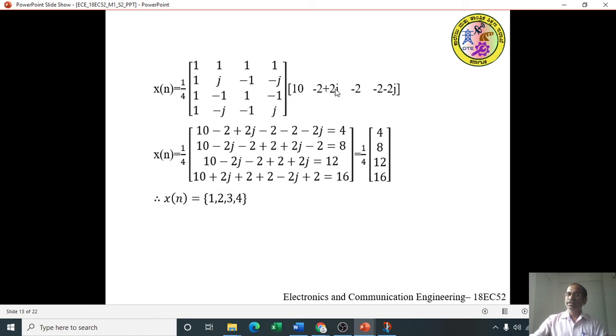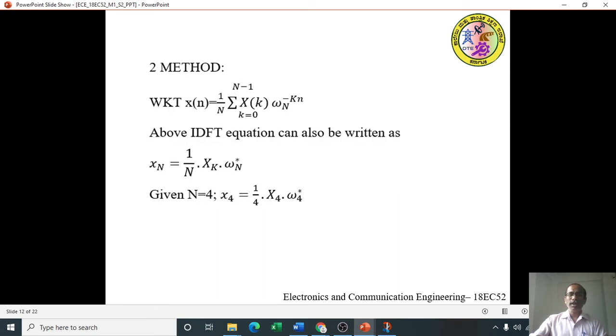Better you write this matrix first, that is 1 cross 4, followed by the other, or you can write this matrix as a column matrix. It's written wrongly here. Make this a column matrix and easily you can multiply this and get the answer, x of n is equal to 1, 2, 3, 4. So either it should be written first or it should be written as a column matrix. Both the methods are allowed because you are converting your formula to look like a linear transformation approach.